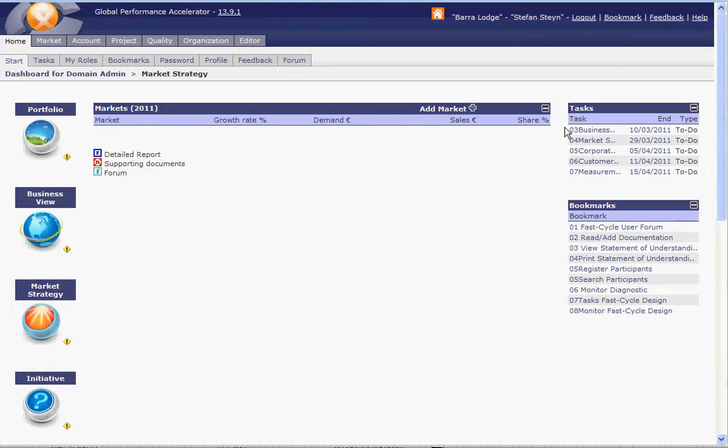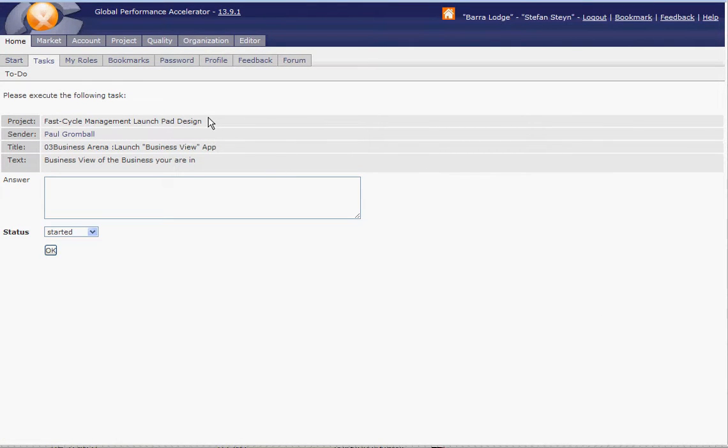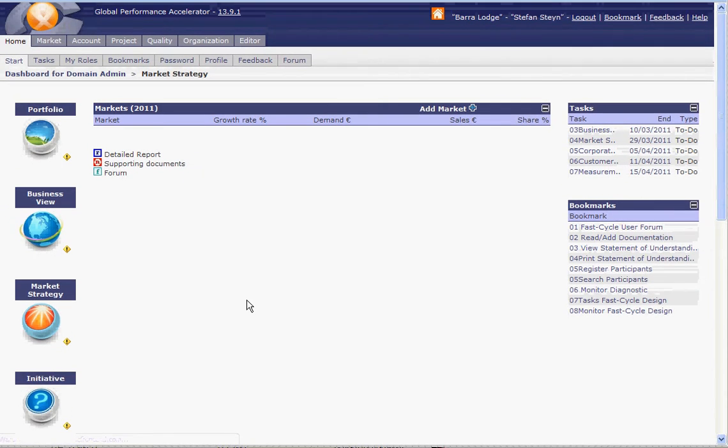The second navigation point of your dashboard are tasks. These are tasks which have been assigned and even given a specific end date. So what you can do, if you click on one thing, then the task description starts and tells you exactly what to do. Now you can go back,